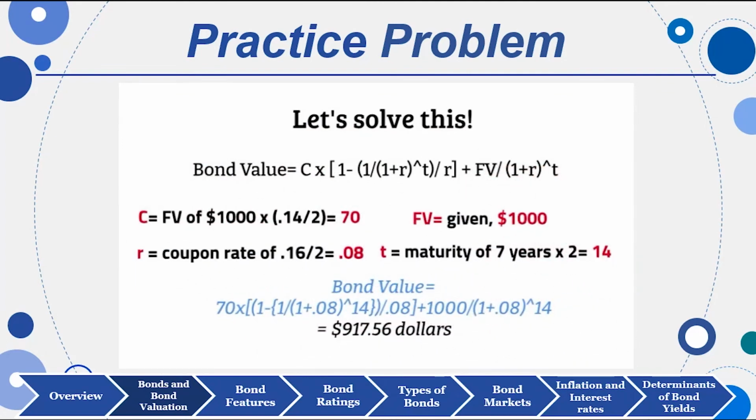So the coupon is in dollars. 14% divided by 2 is 7%. And then times 1,000 gives me a coupon of $70. Little r is R by 2, so 16% yield to maturity divided by 2 is 0.08. And T times 2, 7 years times 2, is 14. I'm going to plug in 14 for T. And then, as always, 1,000 for FV, and I get a bond value on the semi-annual coupon bond of